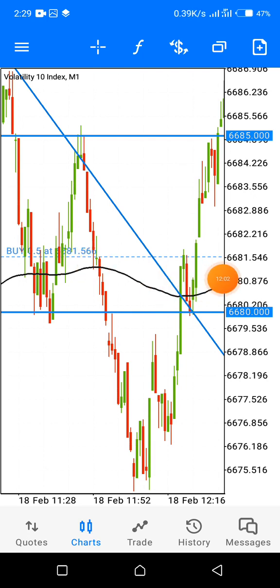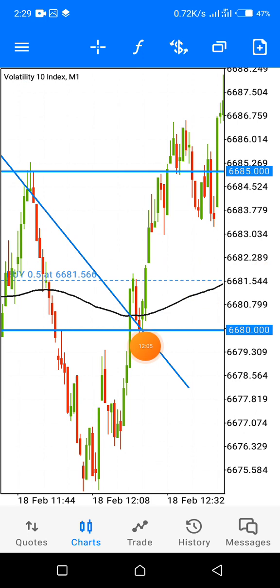So the 3 of them now gave me this confluence. Are you seeing this? Having these 3 here is enough confirmation for me to enter the market. So the function of the moving average is that whenever the market gets to a moving average, it sometimes or most times bounces off. So for the fact that I have my trend line here and the market came to retest the trend line, at the same time hitting my psychological level, and at the same time my moving average is here,